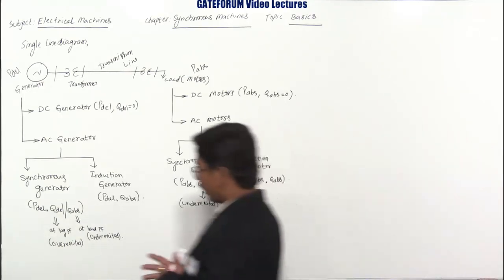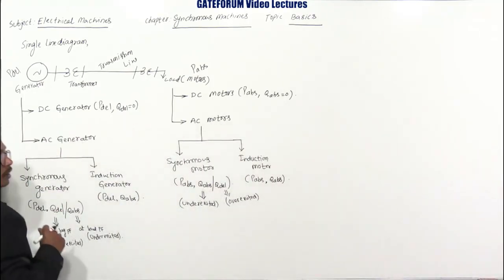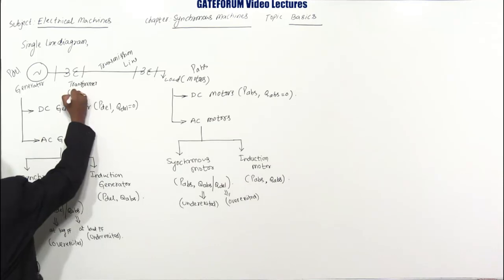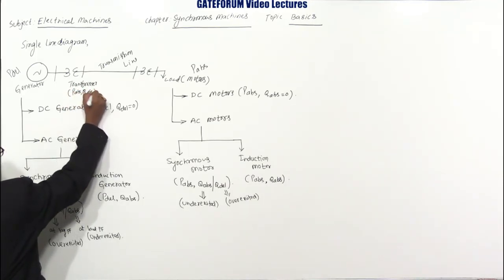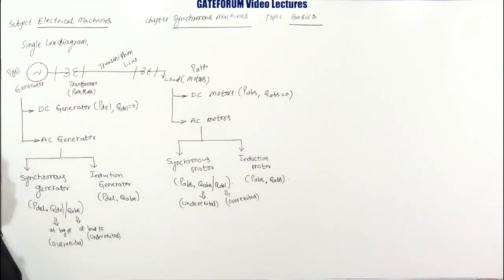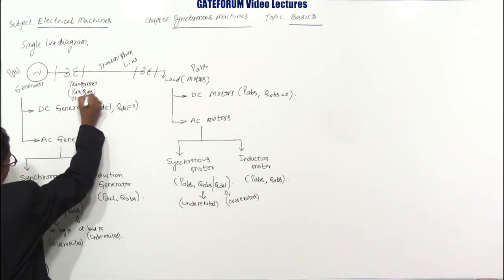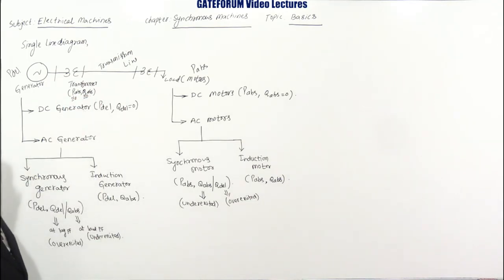And the transformer always, in terms of losses, can absorb a small amount of active power and reactive power, right? So P is absorbed and Q is also absorbed. So it acts as a load for that generator. These are the losses, so it is approximately equivalent to 0, and it is also approximately equivalent to 0. Why? Because the transformer efficiency is very good, approximately 97 to 99%. So the active power absorbed and reactive power absorbed by the transformer is very little.